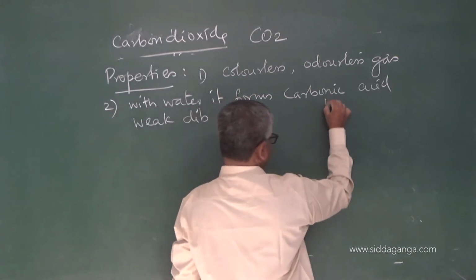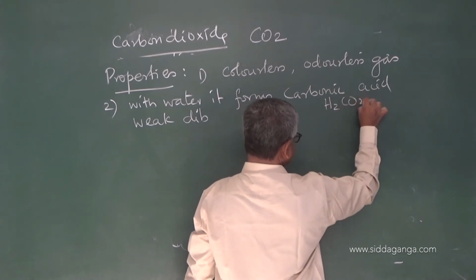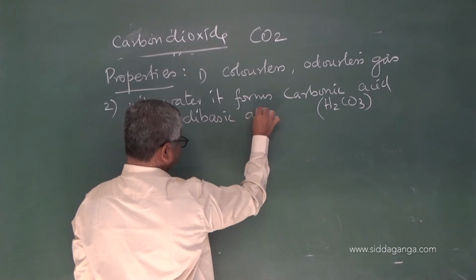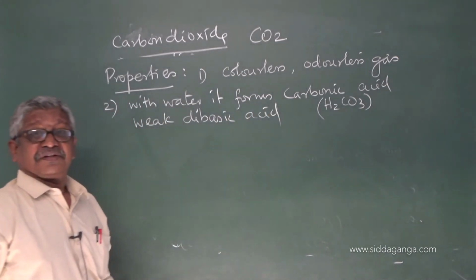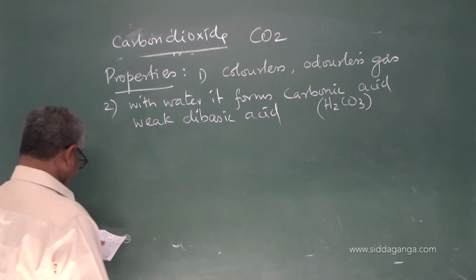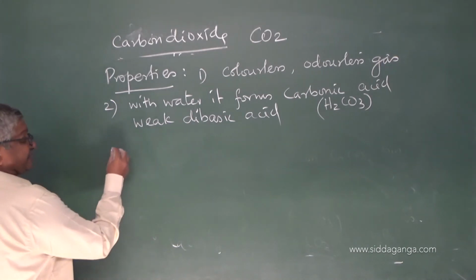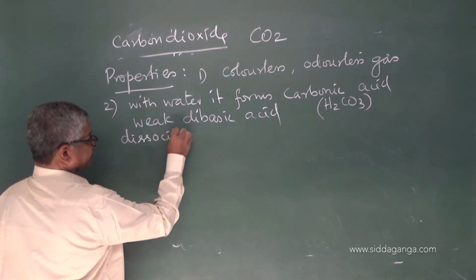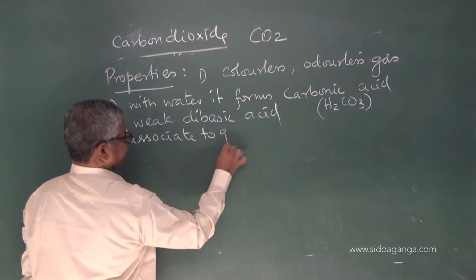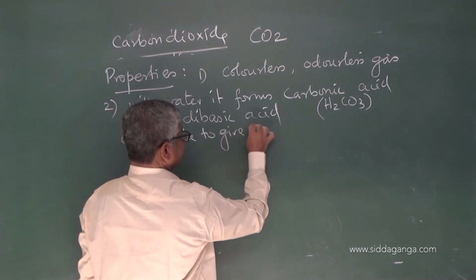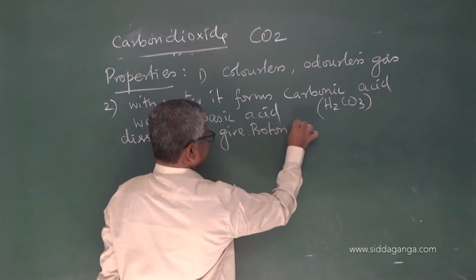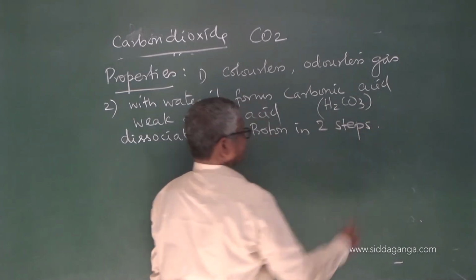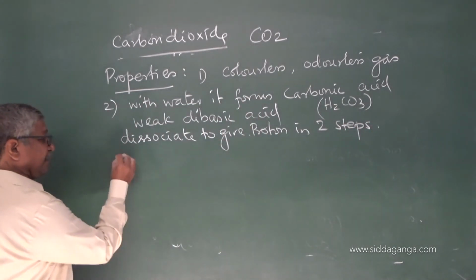Carbonic acid formula is H2CO3. It is a weak dibasic acid, which dissociates in 2 steps to give protons. First step,